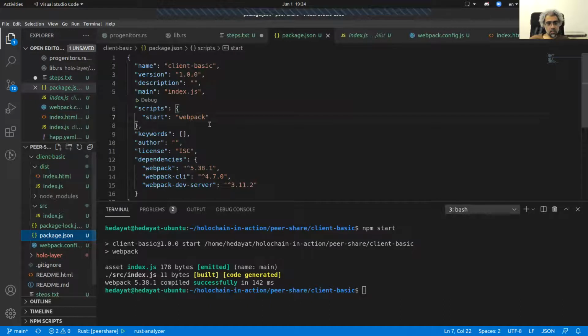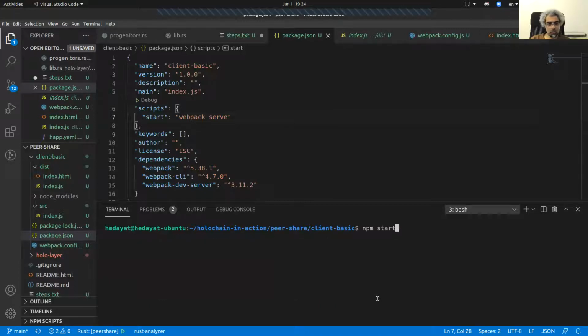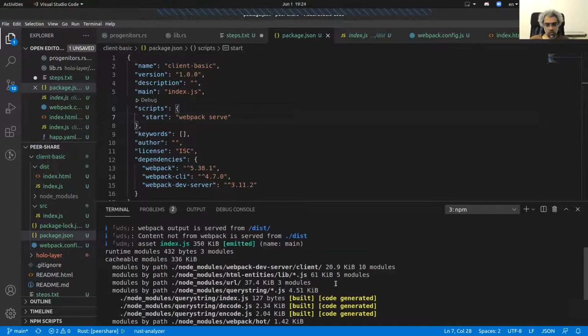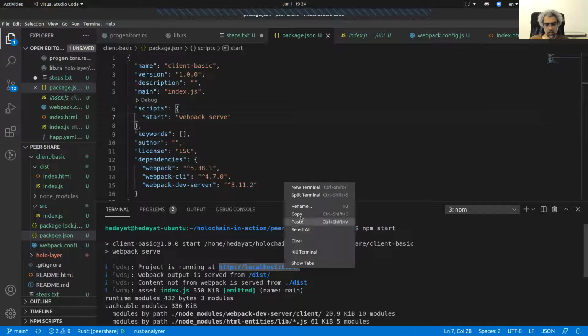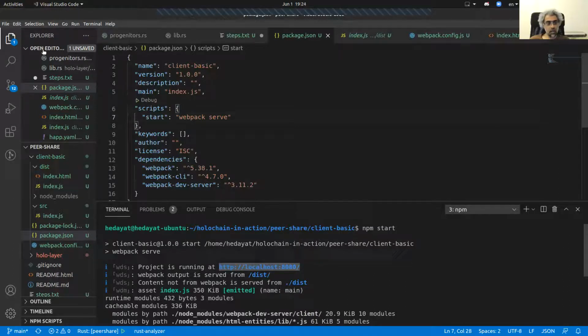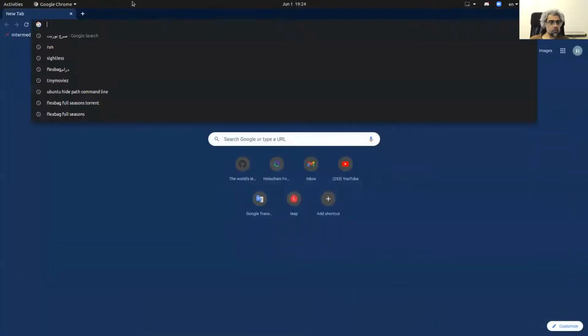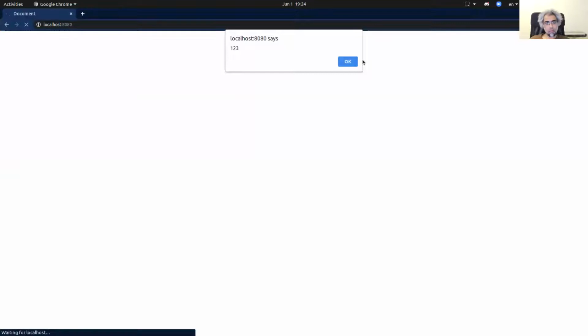If I go here and say, actually, webpack serve is also npm start. Okay, I can easily run the browser here. Let's run an instance of the browser. Bam, 1, 2, 3. So you see,